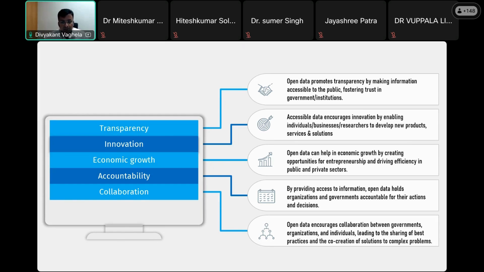So this is all about the benefits of open data, which will bring transparency, innovation, economic growth, accountability, collaboration, empowerment, research analysis, and public service improvement. Now coming to the